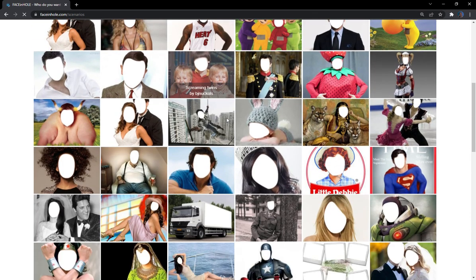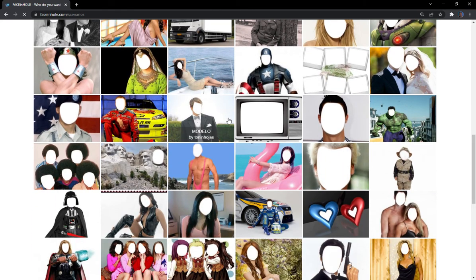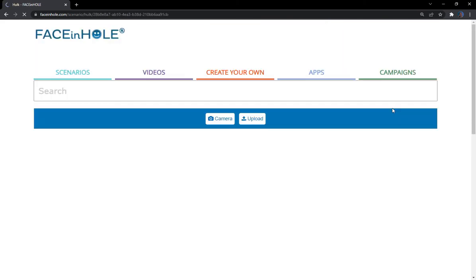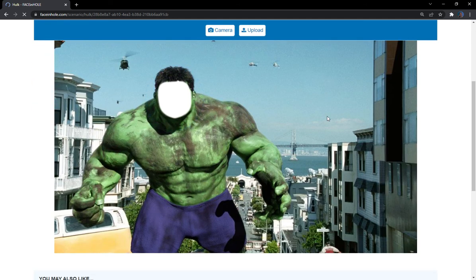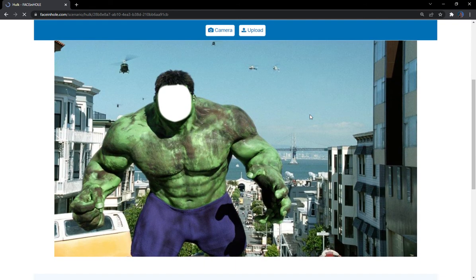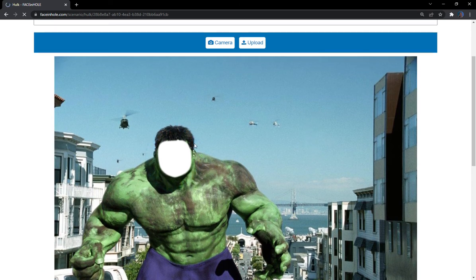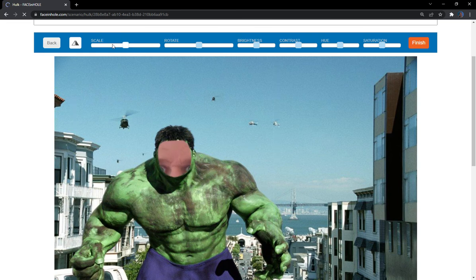Let's try something a little bit different. Maybe if I wanted to be a Hulk, a little bit more difficult to match the colors on the Hulk, so it might be a nice example. So here's that scene from Hulk, one of the original kind of more modern movies, and I'm going to again just upload an image of myself in there, change the scale, try and get roughly the right size in the right position,